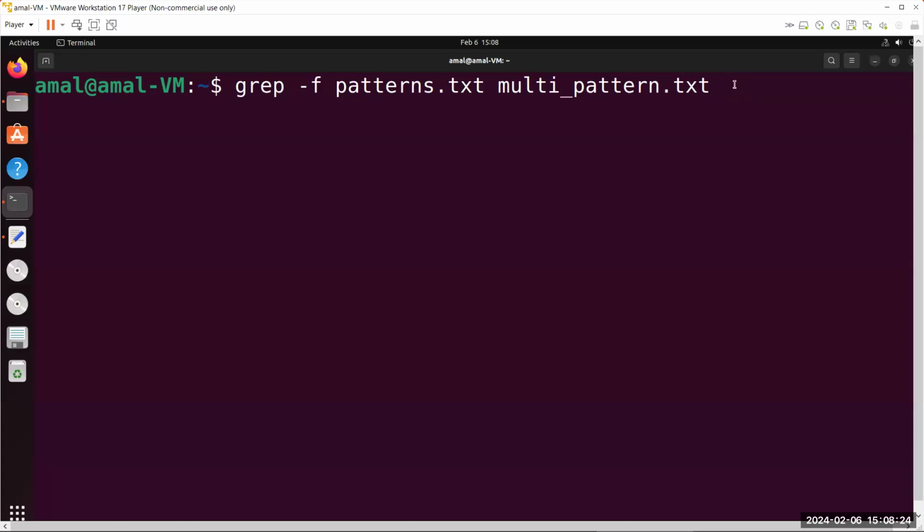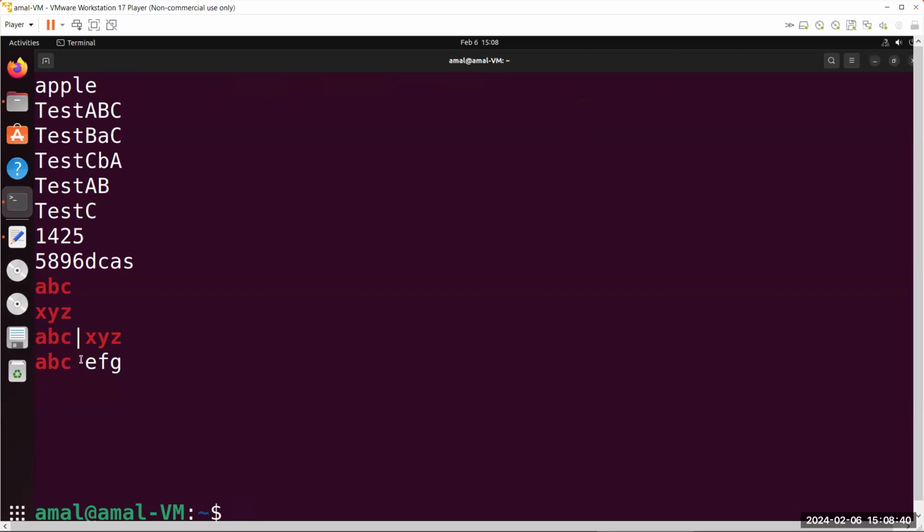So what we are doing here, grep -f means we are loading the patterns from the file patterns.txt, and we will use them to search into the multi-pattern.txt. And here we go. So instead of writing grep -e abc or xyz in the multi-pattern,